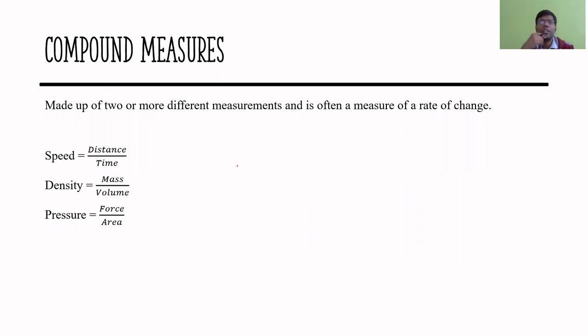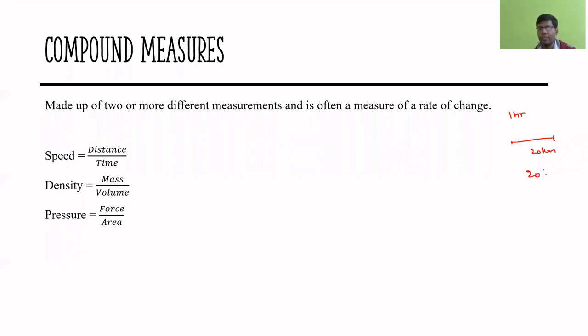Yes, say take a simple example. Suppose you are going for a movie. The movie is going to start in say 1 hour, and the nearest movie theater, the cinema theater, is around 20 kilometers from your place. You are staying in some outskirts, and the nearest movie theater is 20 kilometers away, and you have 1 hour to reach it. So what is the speed with which you will have to travel? The speed will be nothing but the total distance which you need to cover divided by the total time you have.